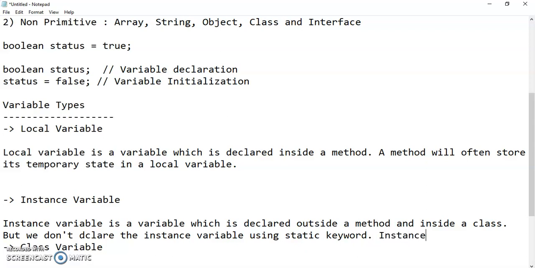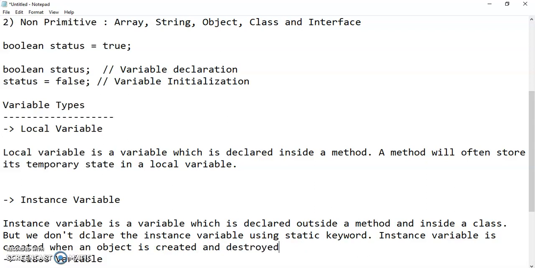Instance variable is created when an object is created, and destroyed when an object is destroyed.